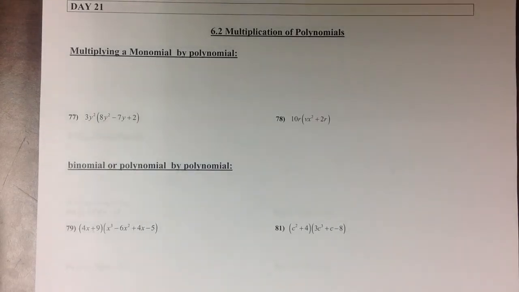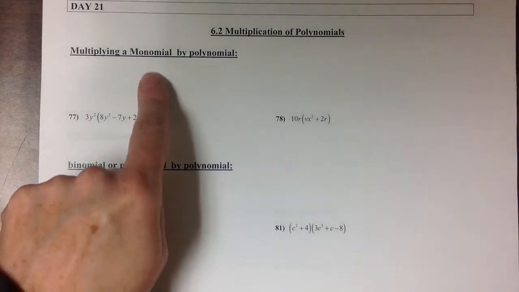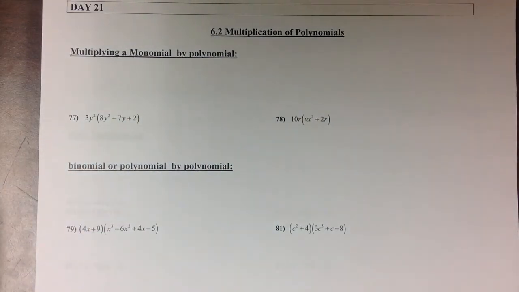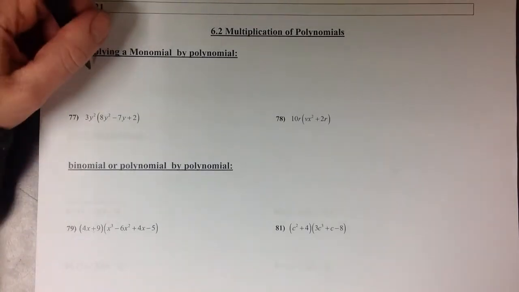So in the last section, we looked at adding and subtracting polynomials. In this section, we're going to look at what you do to multiply monomials or polynomials. So the first type that we're going to talk about is multiplying a monomial by a polynomial. And the rule that we'll follow for that is that you will distribute